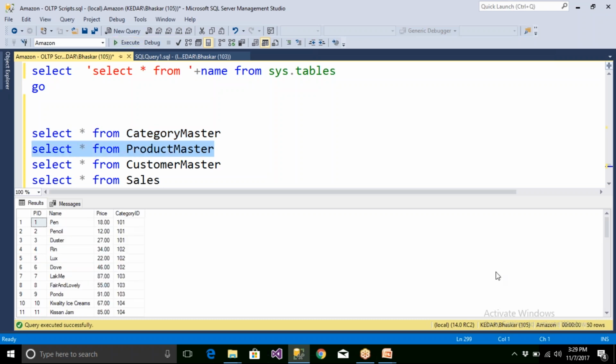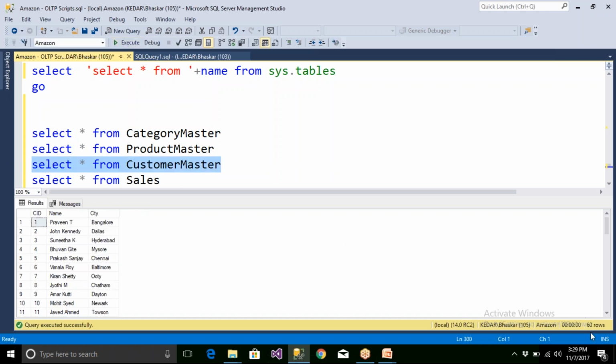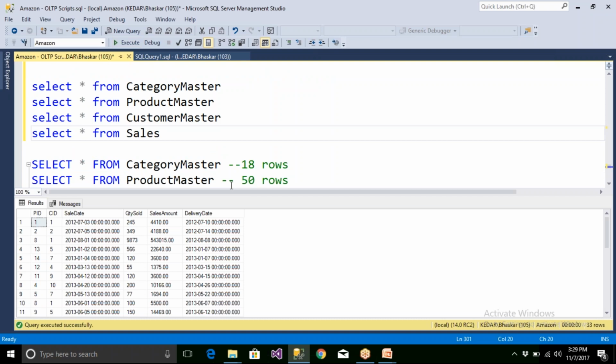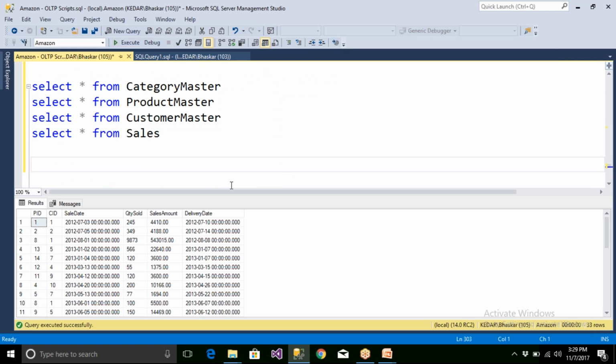And in this we have, say, 50 rows, and the customer table is going to contain 60 rows, and the sales table also is going to contain a lot more data. Normally the people are going to give you the OLTP sample database, either with a backup file or some kind of scripts. You think that you're working on a development environment where the original Amazon database will not be given to you. So they're going to give you sample data and all the existing tables will be there, but only the data will not be original data.